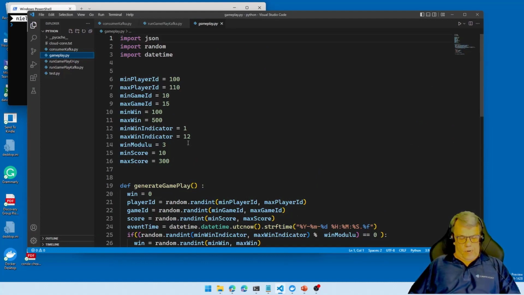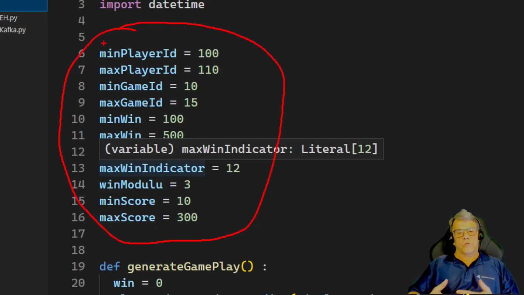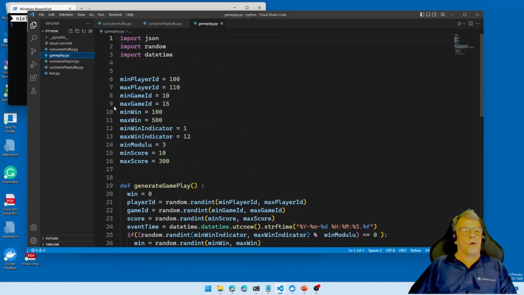And up here we have some variables, constants that I'm using in the randomizing. What is the minimum player ID, maximum player ID, minimum game ID, etc. Right, cool.